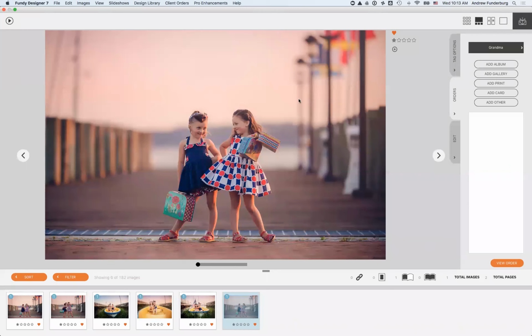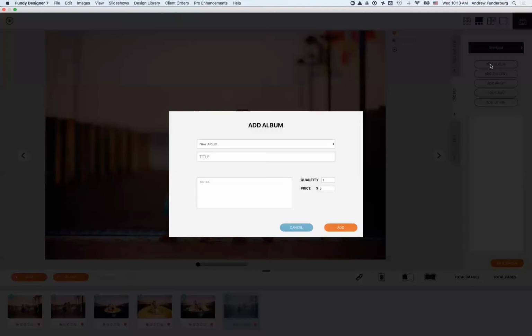So now let's get down to the ordering process. How do we create a client order? So we have the order here. How do we add things to the order? I click add album, and I'm going to choose the album,